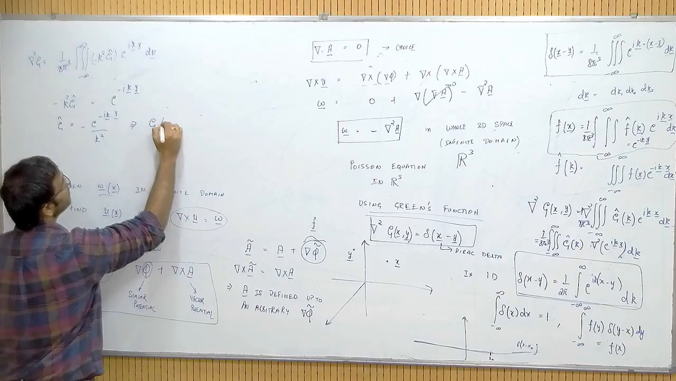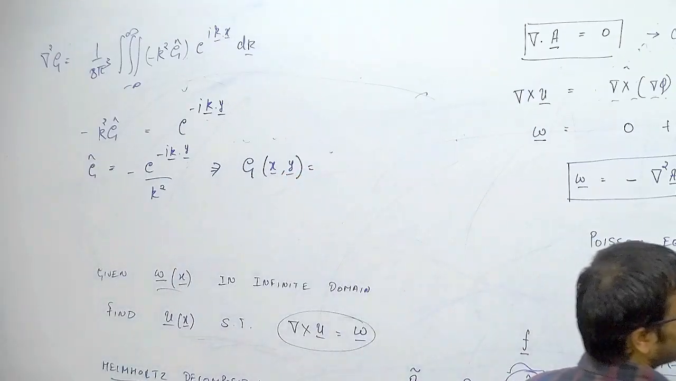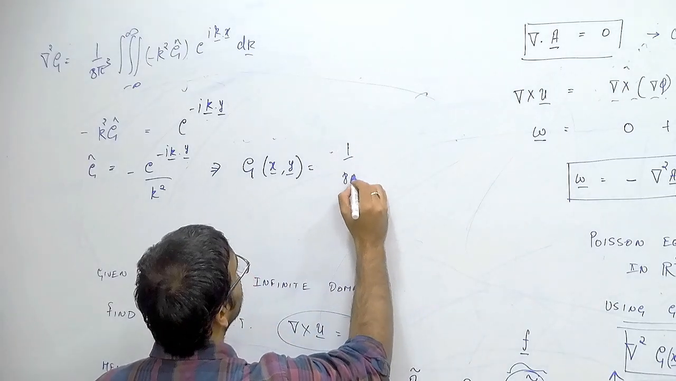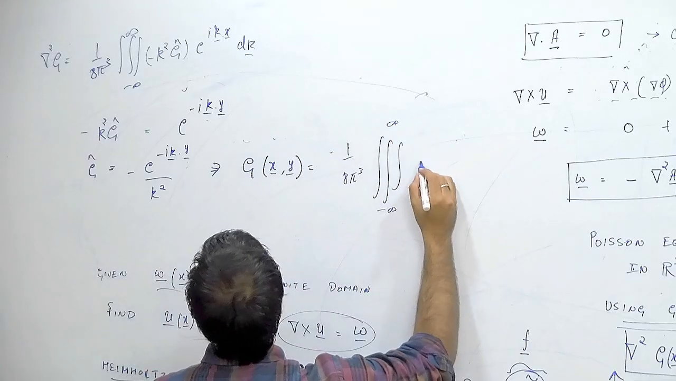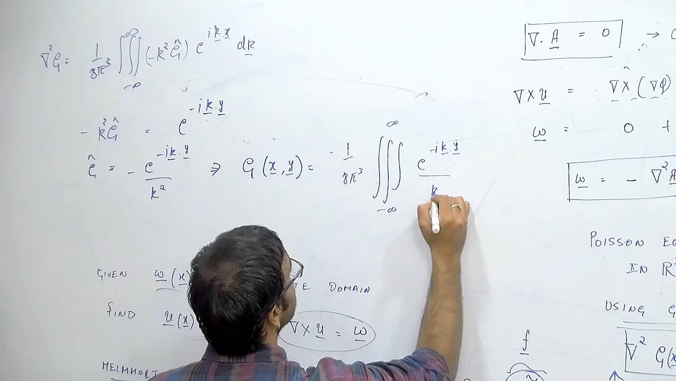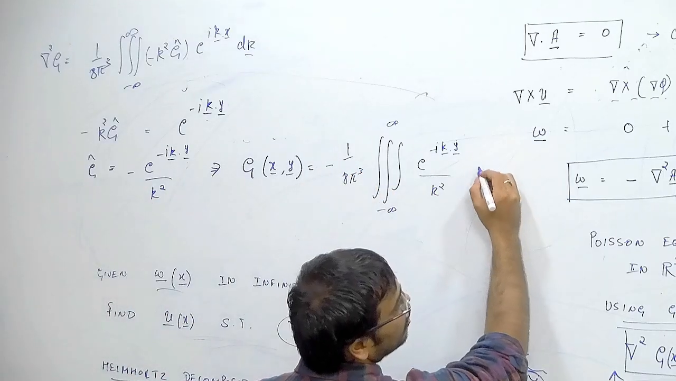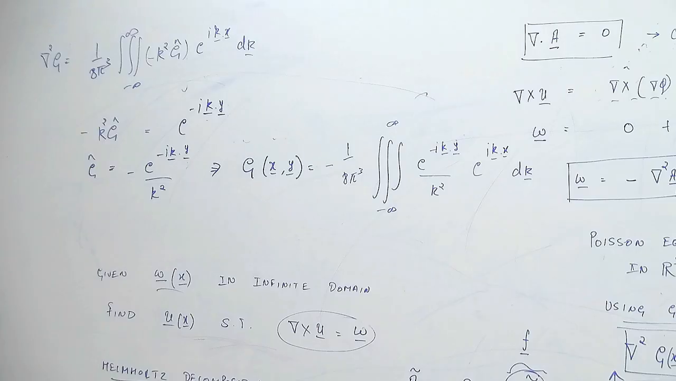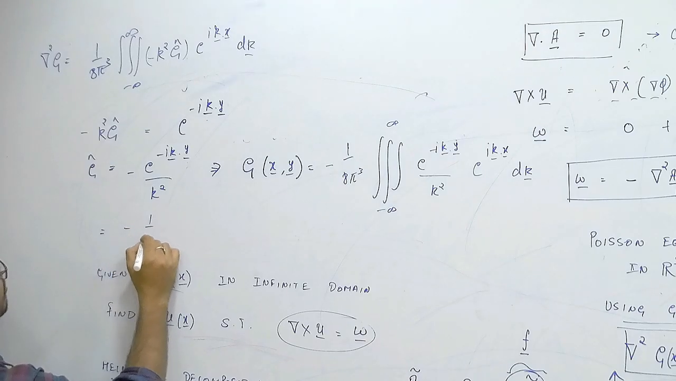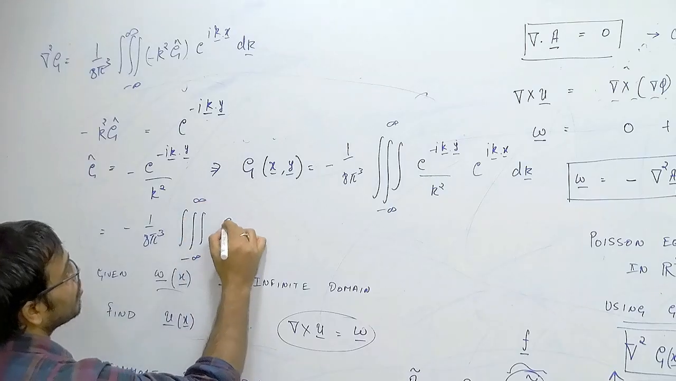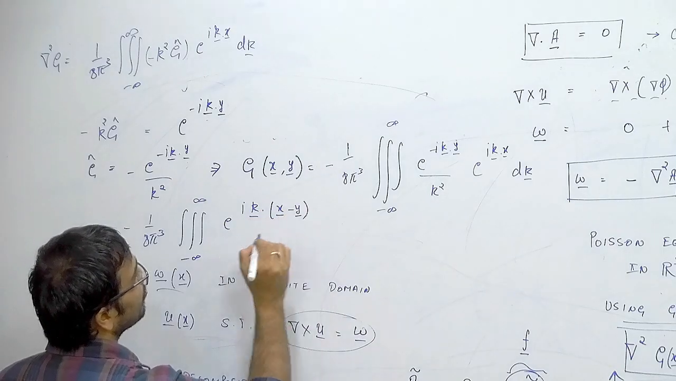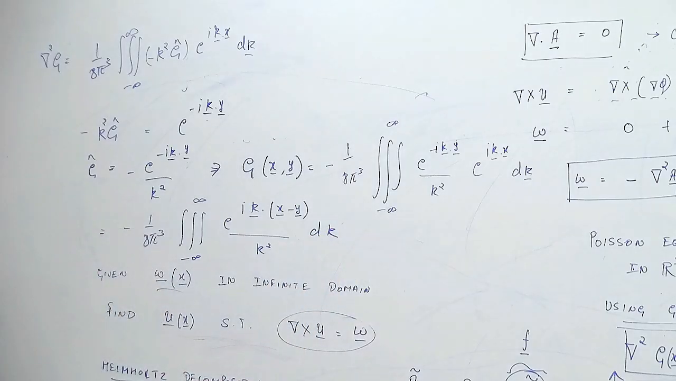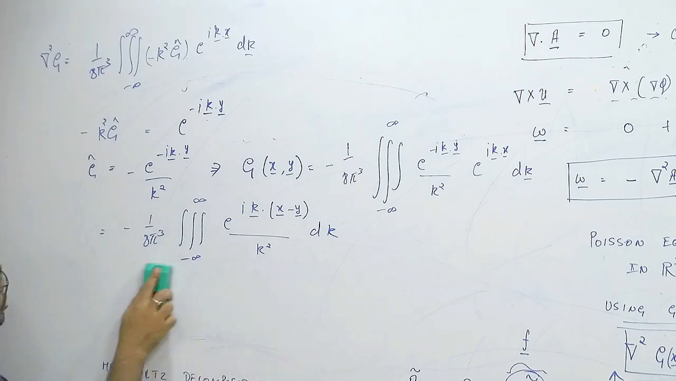So that means we can calculate our g by now substituting it here. This is integration 1 by 8 pi cube, minus infinity to infinity, e to the power minus i k dot y by k square. There is a minus sign also here. So this times e to the power i k dot x dk. So this is minus 1 by 8 pi cube. Okay. So now we are going to use the change of variables to evaluate this integral. We can use the change of variables to evaluate the integral such that